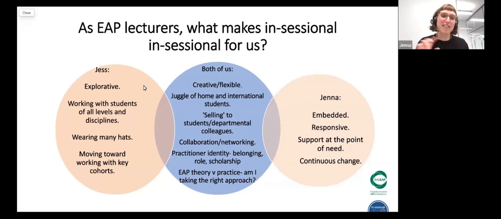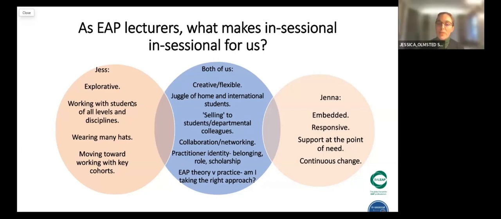But one of the challenges is the continuous change. For example, you have a good relationship with the DSE, and then the year after it's another DSE. You write a great session on their blog assignment, and the next year they're not writing blogs. So it's adapting continuously to the changes that are happening within the school that we're embedded in.